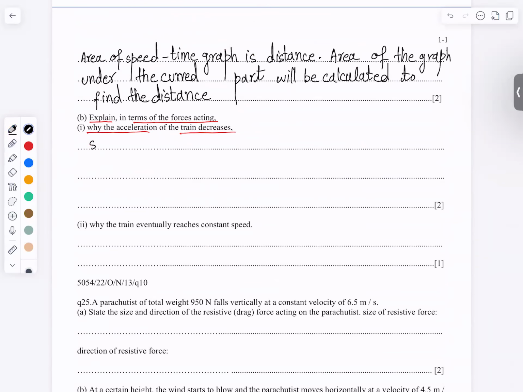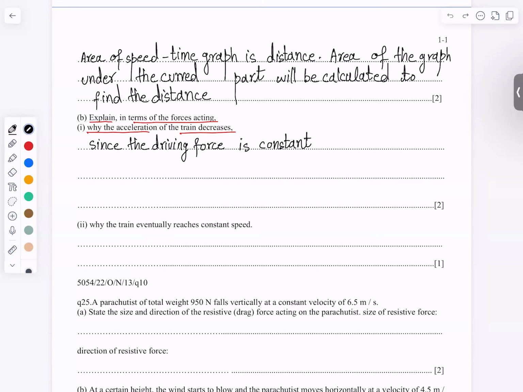So, the driving force, since the driving force is constant, it is given by the examiner to be constant. बेटा ये examiner ने बताया हुआ है कि ये constant है, तो since the driving force is constant, that's why